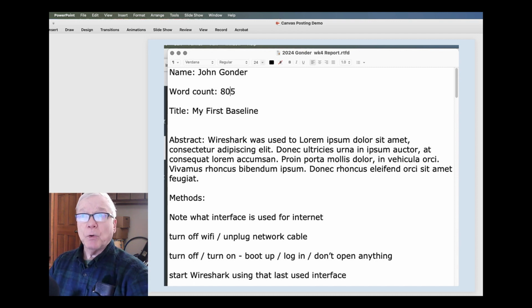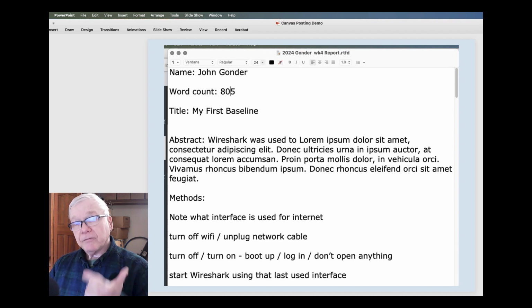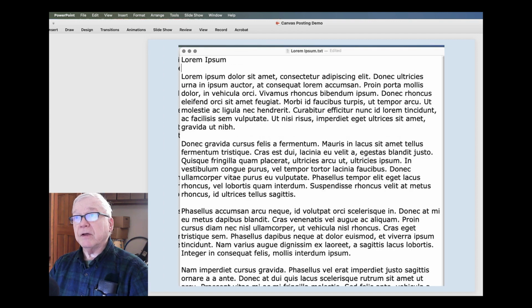I've got an example of a report that I filled out, more or less, and I've created it in a text format, RTFD format, a rich text format that allows me to put pictures in it. Microsoft Office Word or some similar things would allow that same kind of thing. And I filled in junk text with Lorem Ipsum.